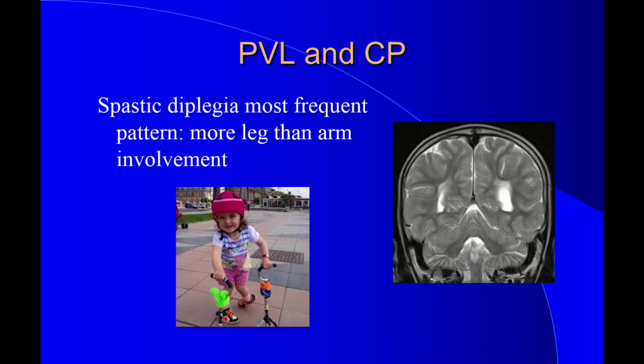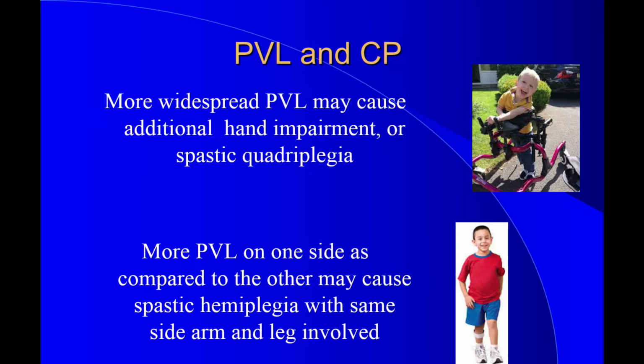So spastic diplegia is a more frequent pattern associated with periventricular leukomalacia. Diplegia is involvement of the legs, where the legs have more motor impairment than the arms. If we're looking at a modern population where we have excellent prenatal care and many very small babies survive, we see the manifestations of diplegia fairly commonly, right? But it's not that simple, because periventricular leukomalacia also underlies other patterns.